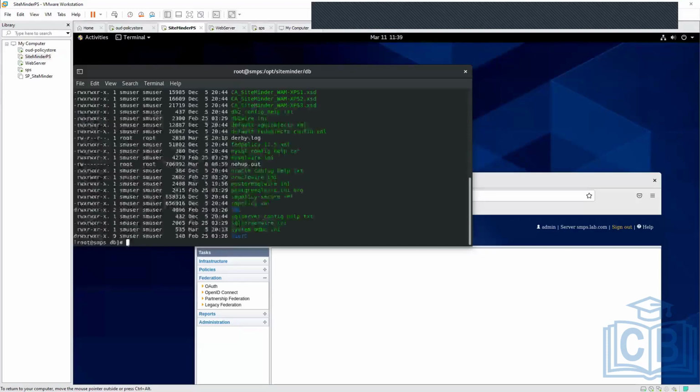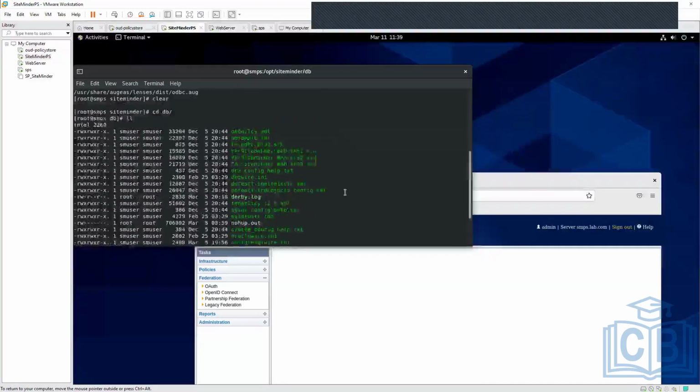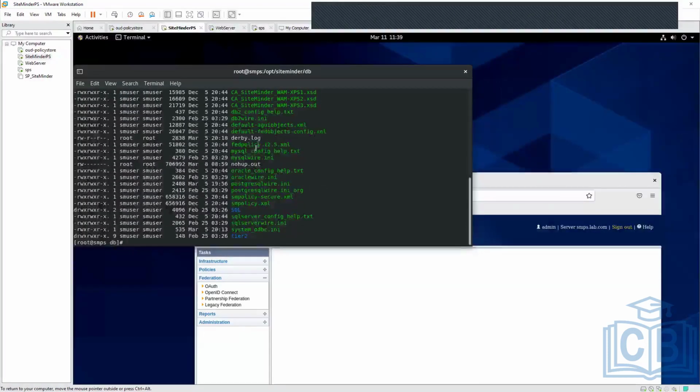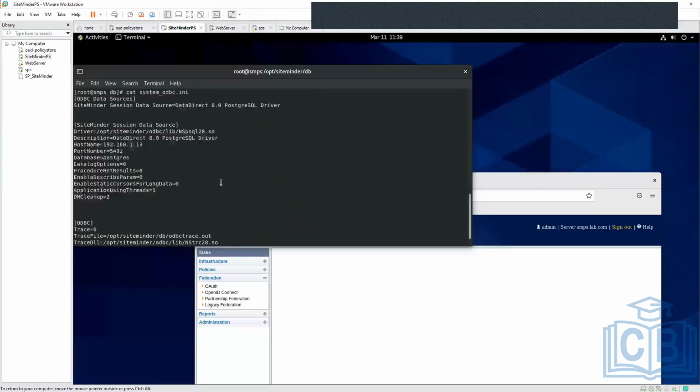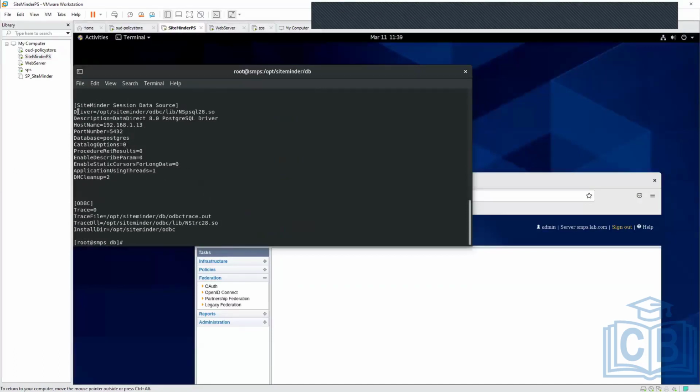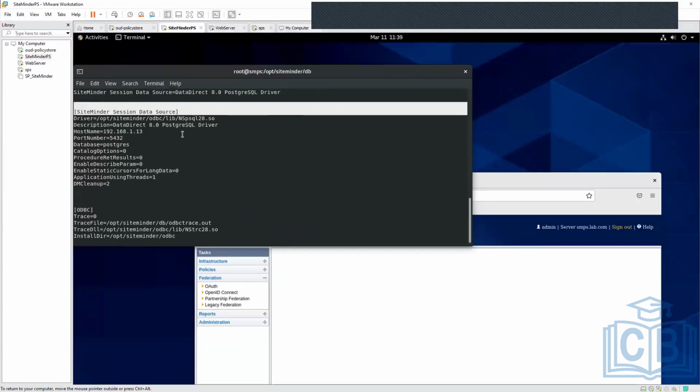Configure this. You have to configure this file, and the application is going to this. So then you have to define the